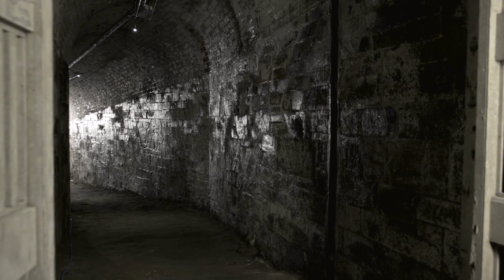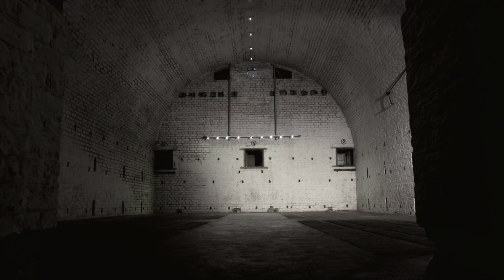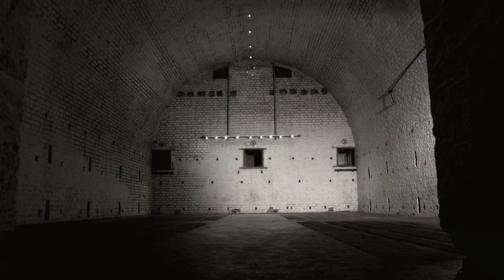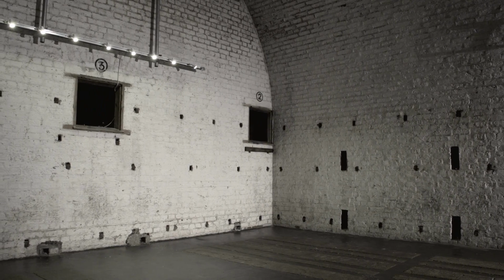We are walking up the magazine tunnel now and you can feel the coolness within the air. So here we are in the magazine, which is the biggest chamber in Camden Fort Meagher and was once a store for the fort's vast amounts of munitions, and we're approximately 30 feet underground. As you can hear, the acoustics in here are pretty intense. This is due to the vaulted ceiling, which was designed to support the weight and stress of the parade square,